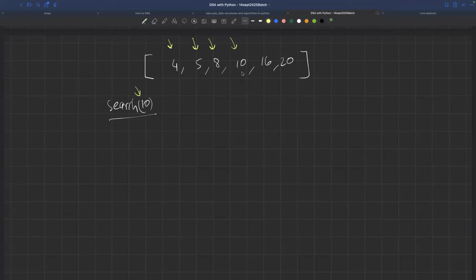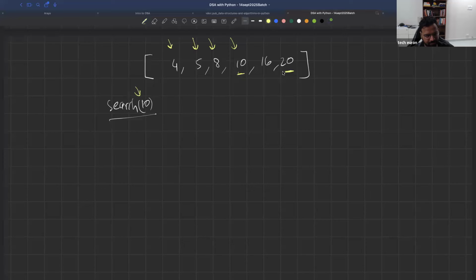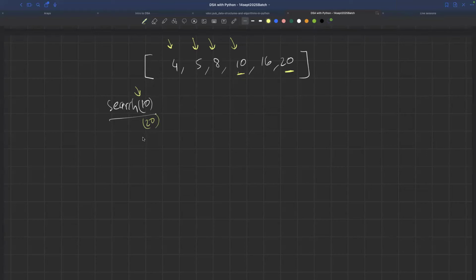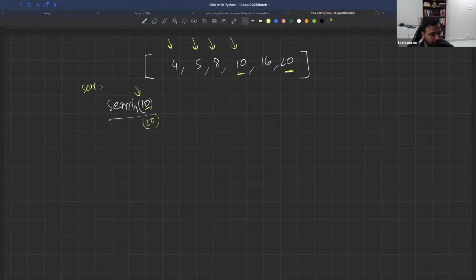4 स्टेप लिया। मैक्सिमम कितना स्टेप लेना पड़ता आपको? मैक्सिमम 4 ही लेना पड़ता। 10 यहाँ भी तो हो सकता था ना। वर्स्ट केस में मैं आपको बोल देता search 20। एल्गोरिदम search 10 का नहीं होता है, एल्गोरिदम search का होता है।